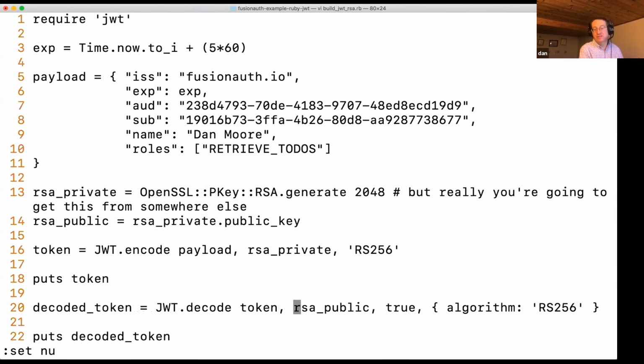So the one thing that is important, and this is something that libraries will give you, there was actually an attack against JWTs. I don't remember when it happened, but I read about it, where they were being signed with one algorithm, but the algorithm that was passed in the metadata was a different algorithm, and that caused a different kind of verification to happen. So you also want to check to make sure the algorithm that is being used to decode it is the same as the algorithm that was used to sign it.